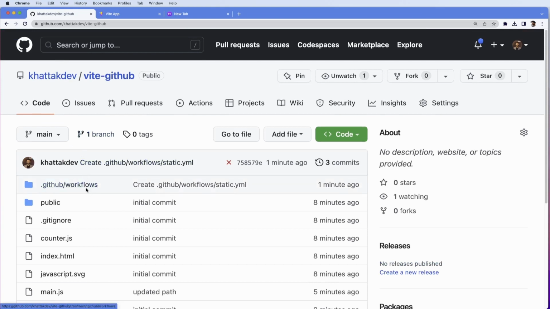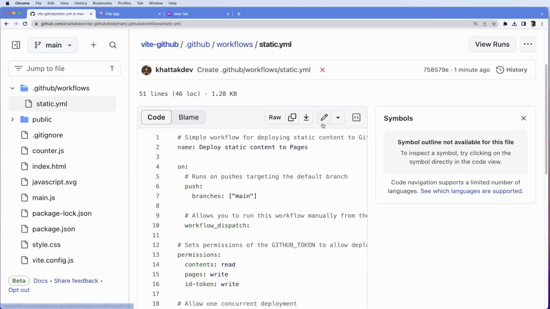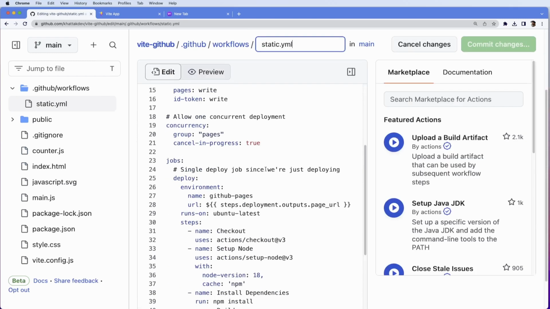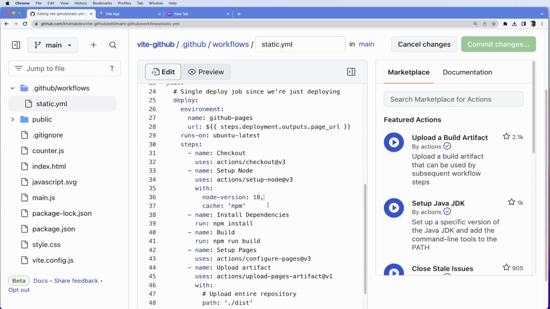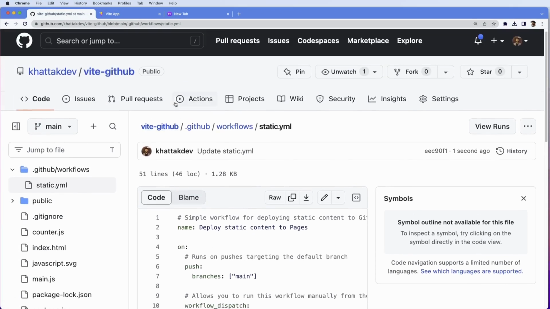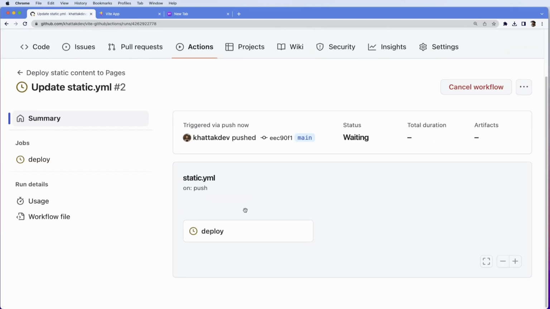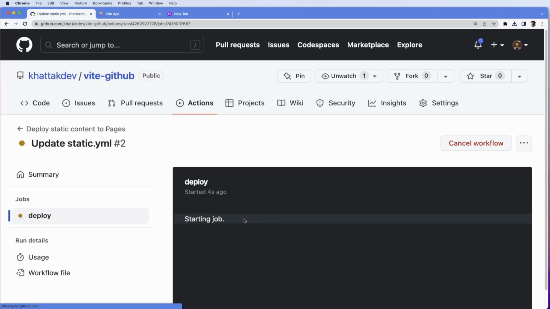So let's go back to the GitHub Actions workflow and then static.yaml. And the problem here is, let me edit this. The problem here is this is not no 18 comma, this is just 18. Otherwise it will treat it as 18 comma, and that is not what version we want. So save this, and then let's go back to GitHub Actions, update static.yaml, and then click on deploy, and let's